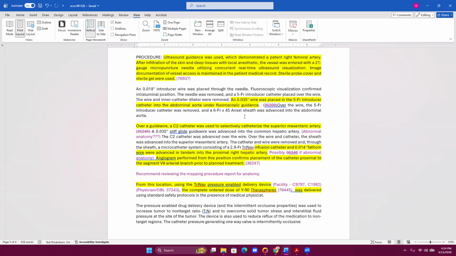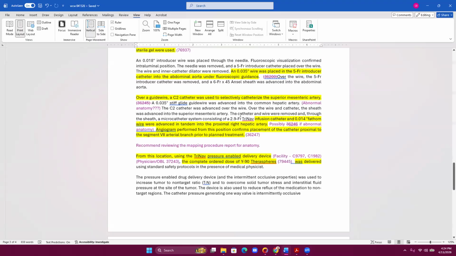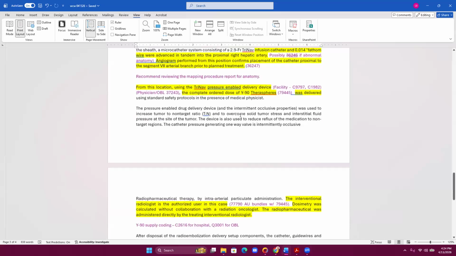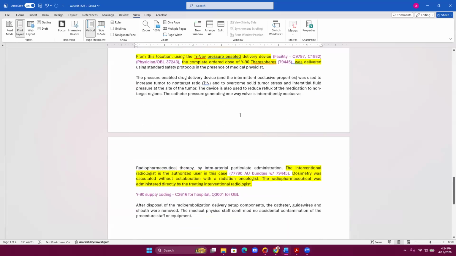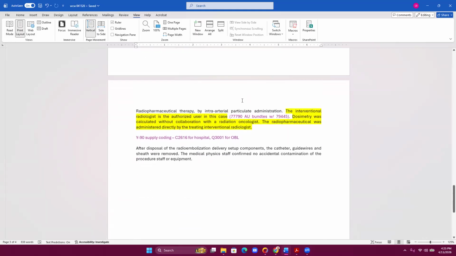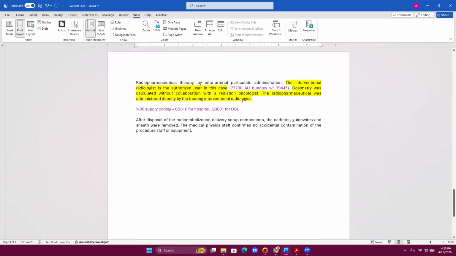Then we see that the Y90 was administered, and this can be coded by both the facility and by the physician who is administering that Y90, and that's going to be 79445 for that code. Then we see mention of the pressure-enabled drug delivery device. That's just more commentary on using that TriNav. So we can skip past that paragraph, and then we can go down to the end of our report